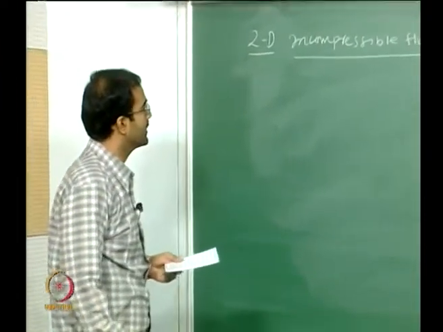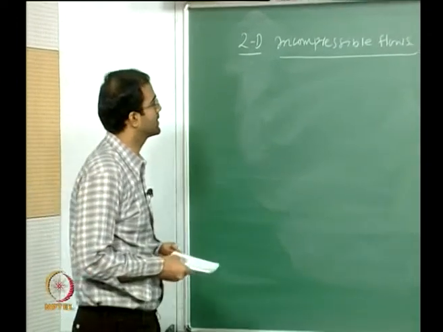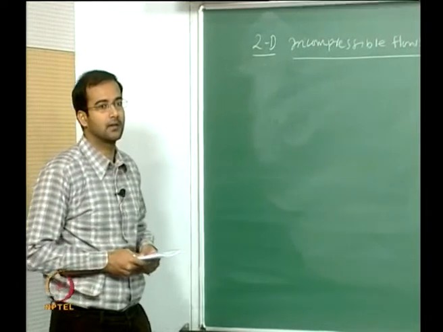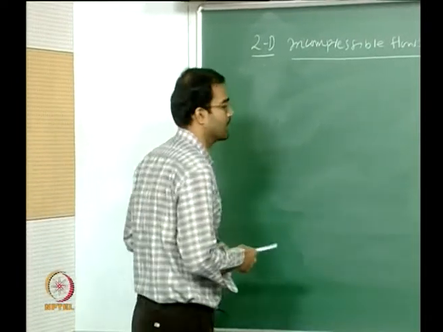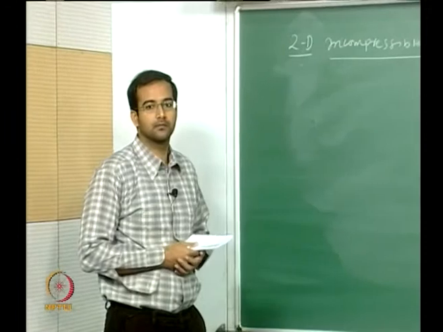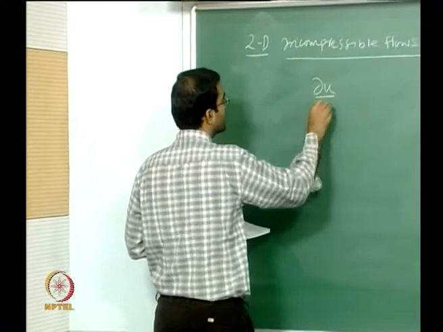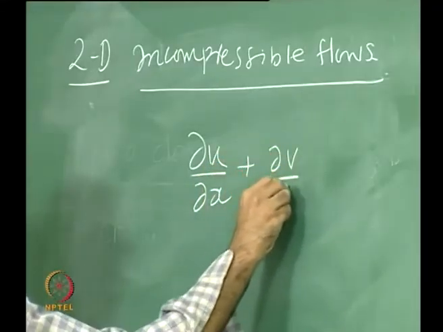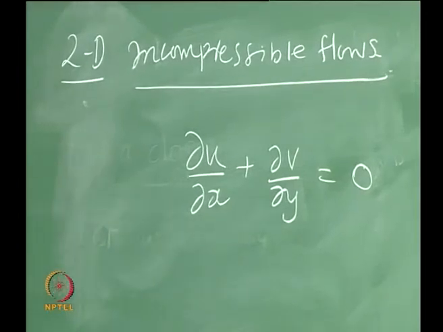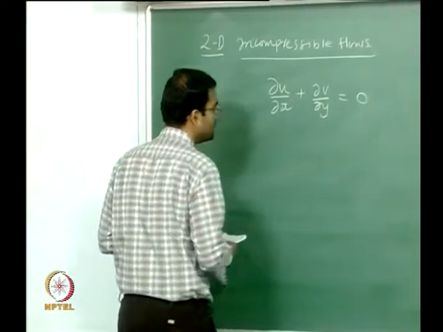Okay, so let us write down the Navier-Stokes equations first, and from there we will try to derive the stream function vorticity equations. So from the continuity equation, you have to tell me for 2D incompressible flows, what is the continuity equation? Let us assume Cartesian coordinate system. Okay, so du/dx plus dv/dy equal to 0. So now the complicated equations slowly will get simplified, as and when we go through the solutions. Okay, and the x momentum